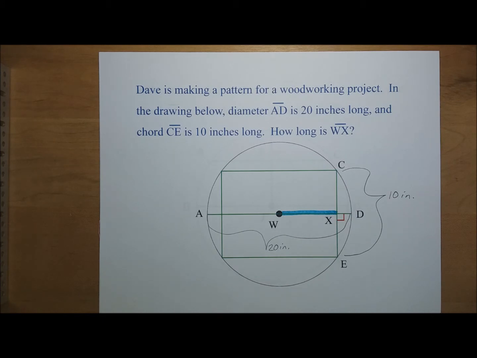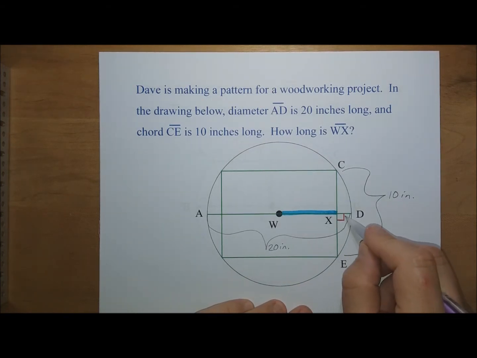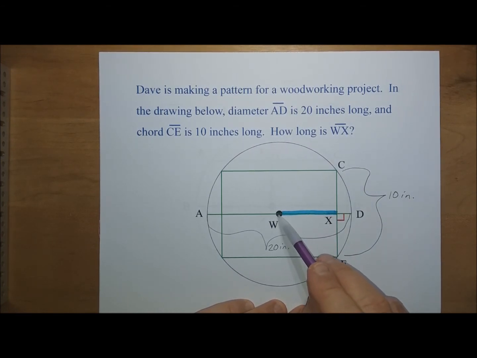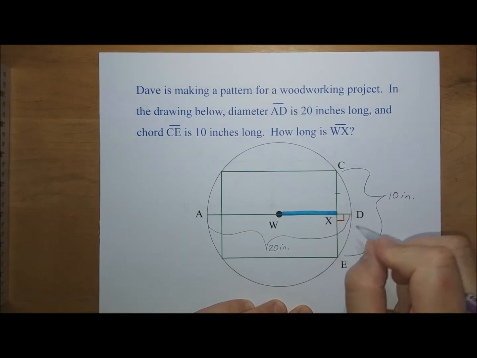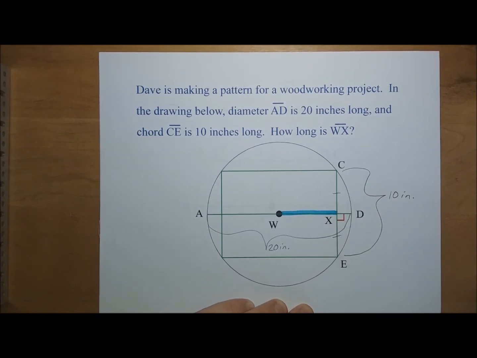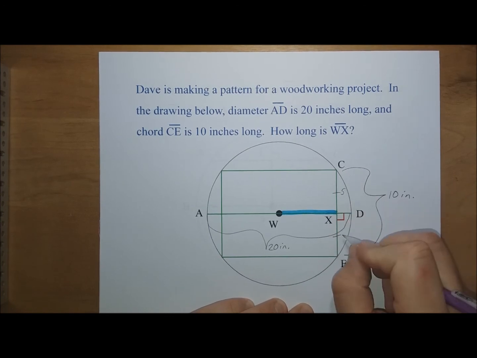Any ideas? Pause the video and think about it for a bit before I drop this on you, okay? You're going to like this. That's a right angle. Well, first of all, this is a diameter and it intersects this chord at a right angle. So what did we just learn about that? These will be congruent. And if the whole chord is 10, then each of these segments will be 5 units